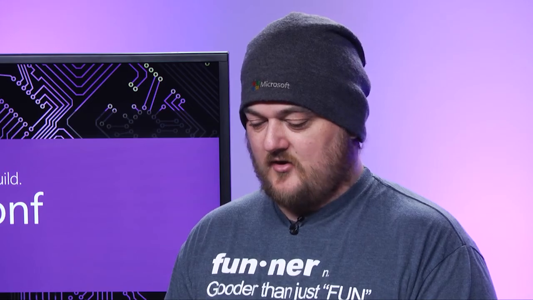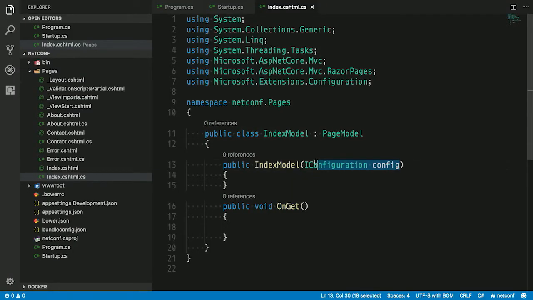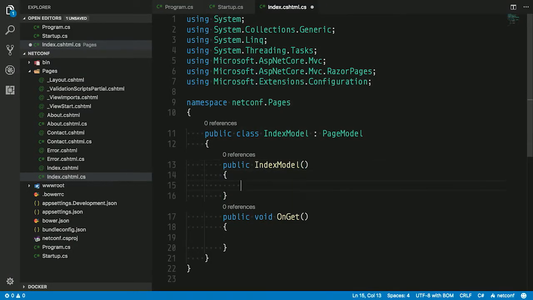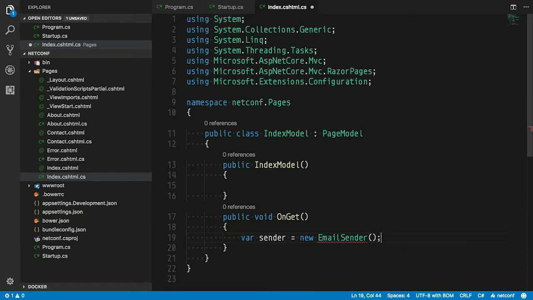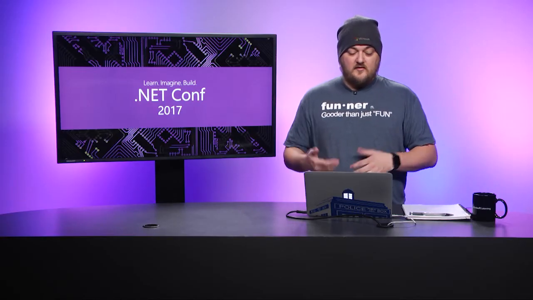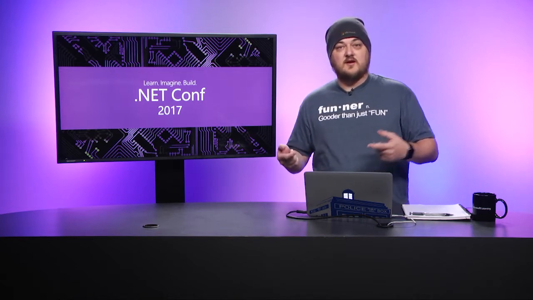Imagine that in my index.cs over here, I had to make my email sender, right? So in here I had to say, okay, I want to send an email whenever anybody goes here, so I'm going to say var sender equals new EmailSender, right? So now this class knows how to build an email sender, it has to. And that starts to potentially get complicated. Say the email sender needs IConfiguration because it needs to be able to get an SMTP server or something. Well, now I need to also know how to make a configuration to be able to give to the